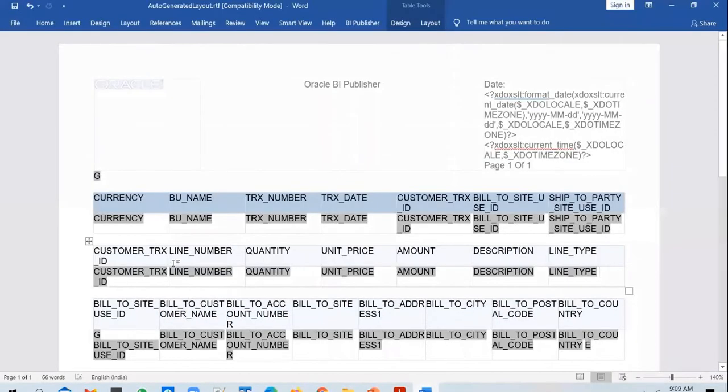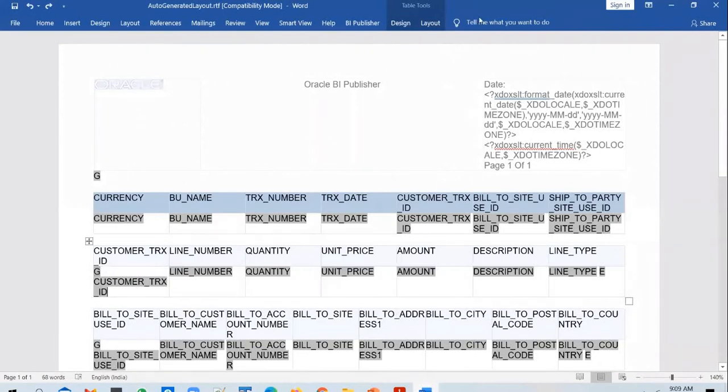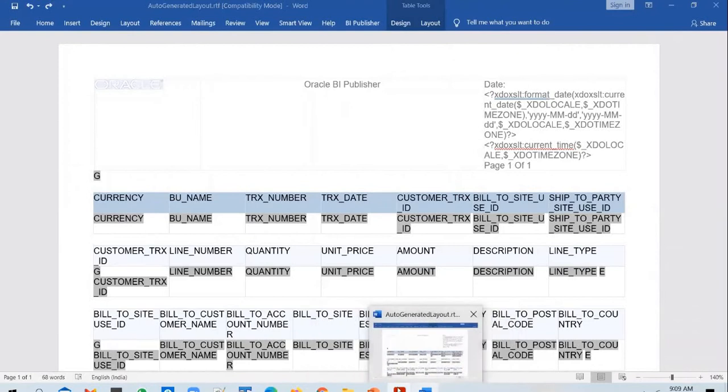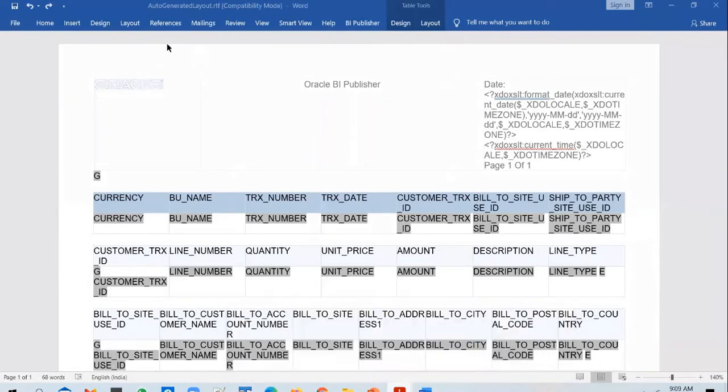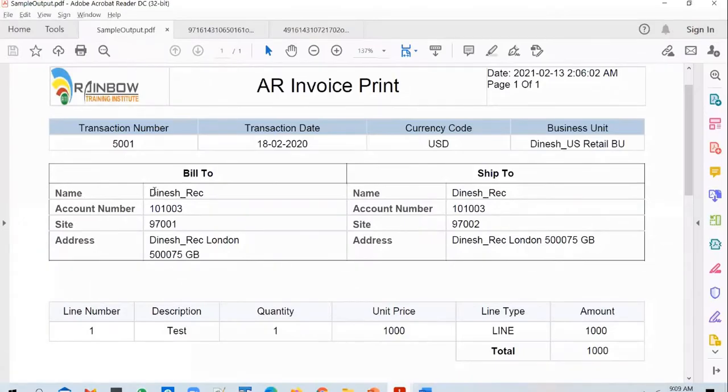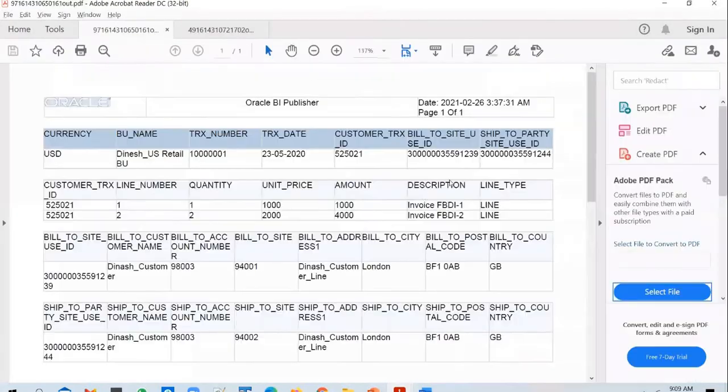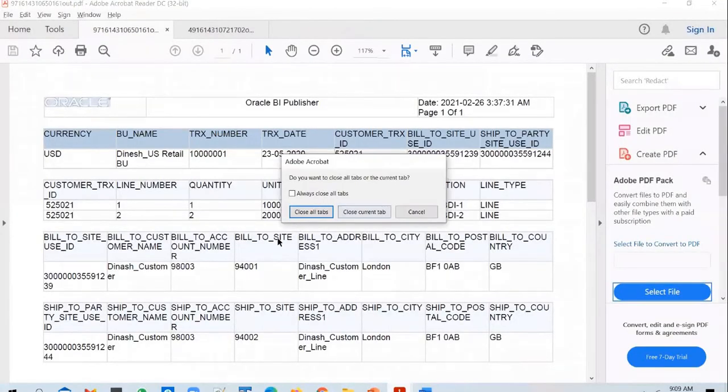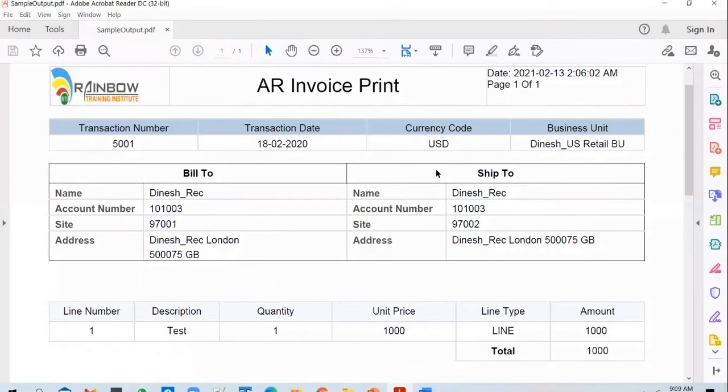Okay. And now that we know how the XML tags work, let's try to align this output with this PDF. Okay, so let me pull this out, and let me close these outputs. So the final output should look like this. So let's start off with the header.